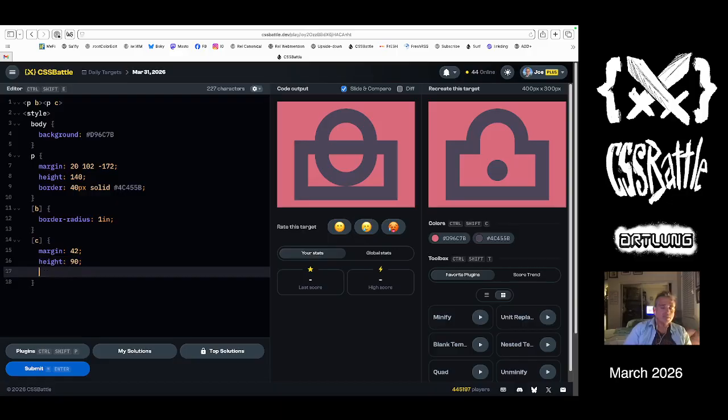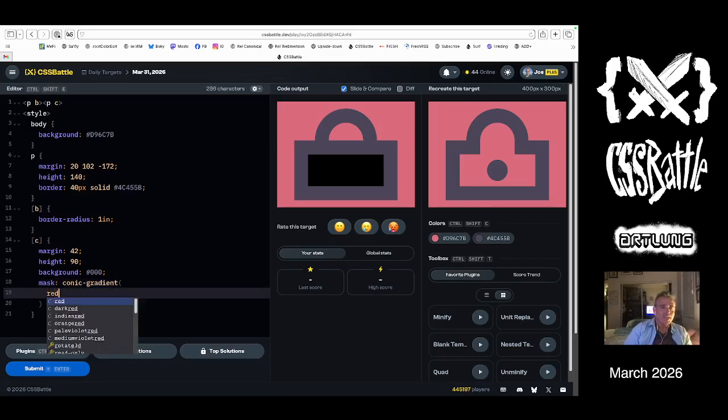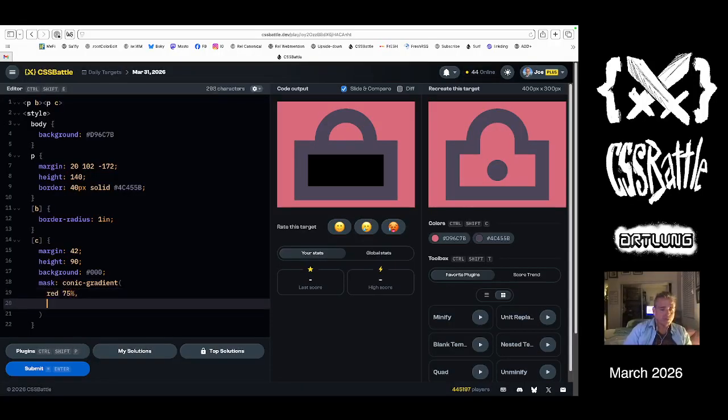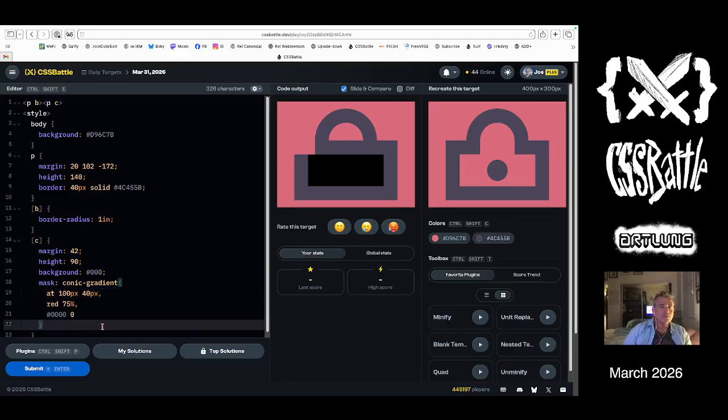Okay, so I can see it. I'm going to put a background of black on this. Okay, now I want to create a mask, and I'm going to do a conic gradient because it's what I'm best at. Red, 75%, and then transparent. Okay, so this is what I'm getting at. The at value there at 100 pixels, 40 pixels. I think that's the size that I want, and I'm going to move that over